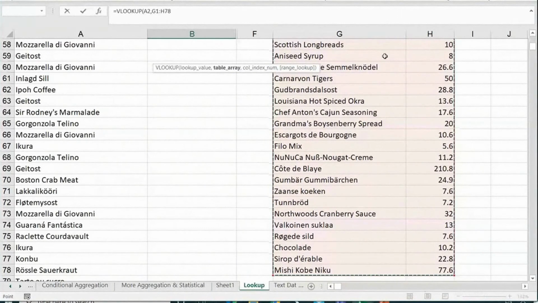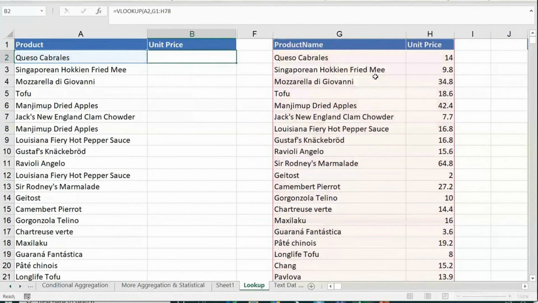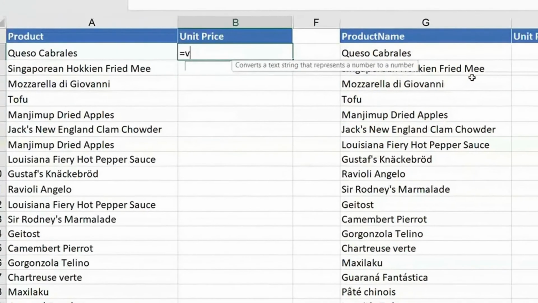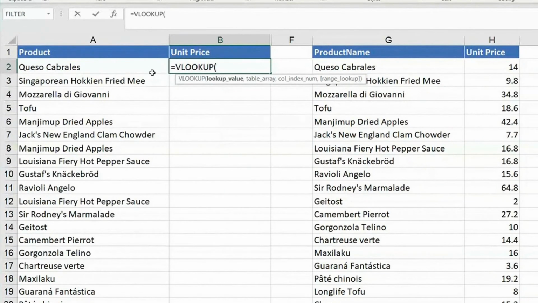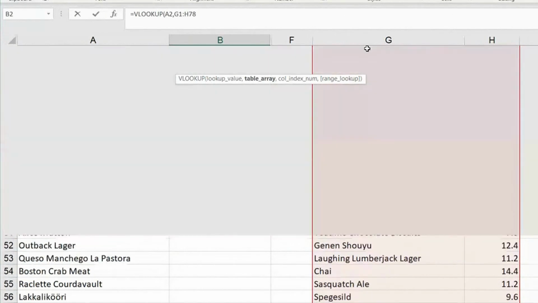See, I used the word beautiful here. If I do Control Backspace, I'm back to where I am. Look at this, I'll repeat it. Equals VLOOKUP. Not only in VLOOKUP, you can use it in any formula. VLOOKUP this, comma, I will pick the range. I've gone somewhere. Okay, I am doing F2, so it's not allowing me. F2 is not going back. But now I'm going to do Control Backspace.